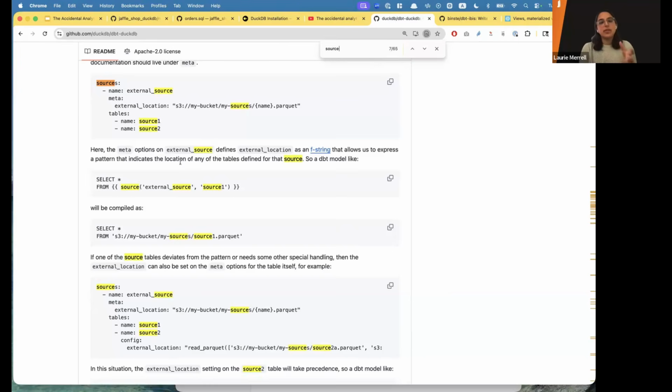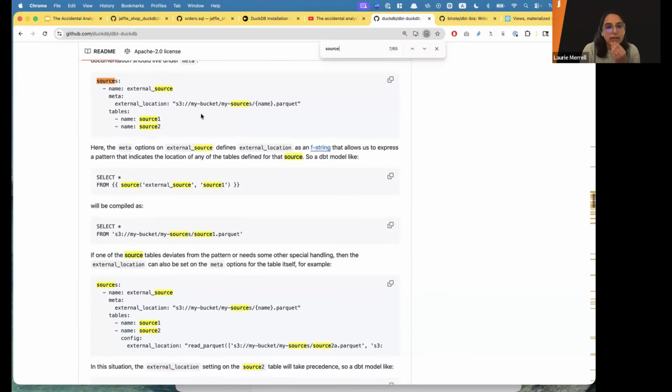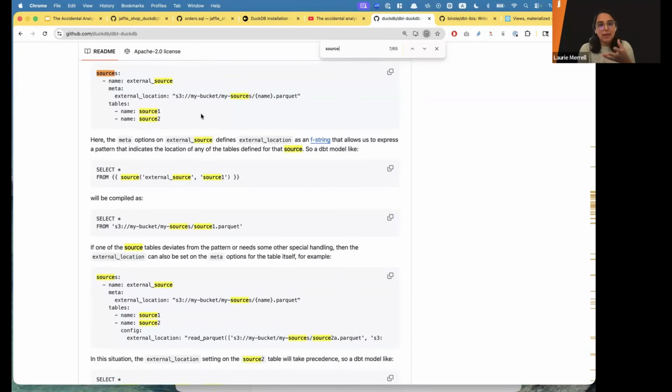DBT needs to know where your source lives, and they have to be named so that DBT can resolve the references. The dynamic aspect is more in the reference resolution within the DBT project, in terms of the ref macro that we looked at. But you do have to give it defined sources.